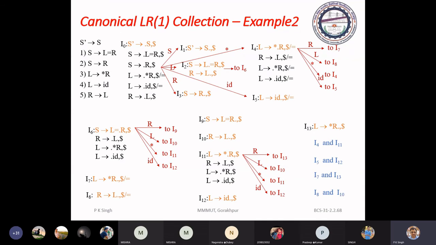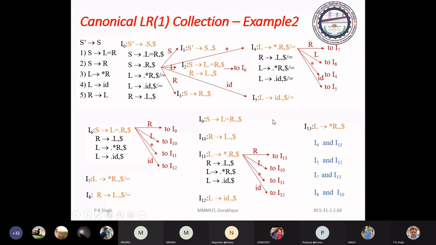Similarly, again you can keep on applying the go to and computing the closure, you will get this item set. If you see, item set 4 is this, and item set 11 is this. The difference in 4 and 11 is the difference of only lookahead, means all the items have the same core.